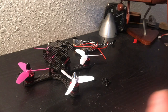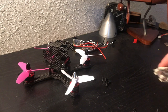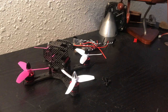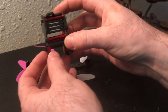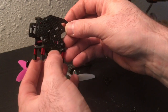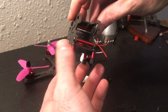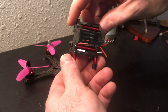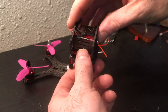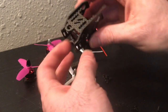Alright, so this is a very quick build review and flight test of the HobbyMate x130 X-style frame. Let me go ahead and show you the frame itself. Right now I have built the top section, and let me show you each side so you can see how it's actually built. You have the side plates. You have a rear plate for mounting the video transmitter and a top plate which the video transmitter can pass